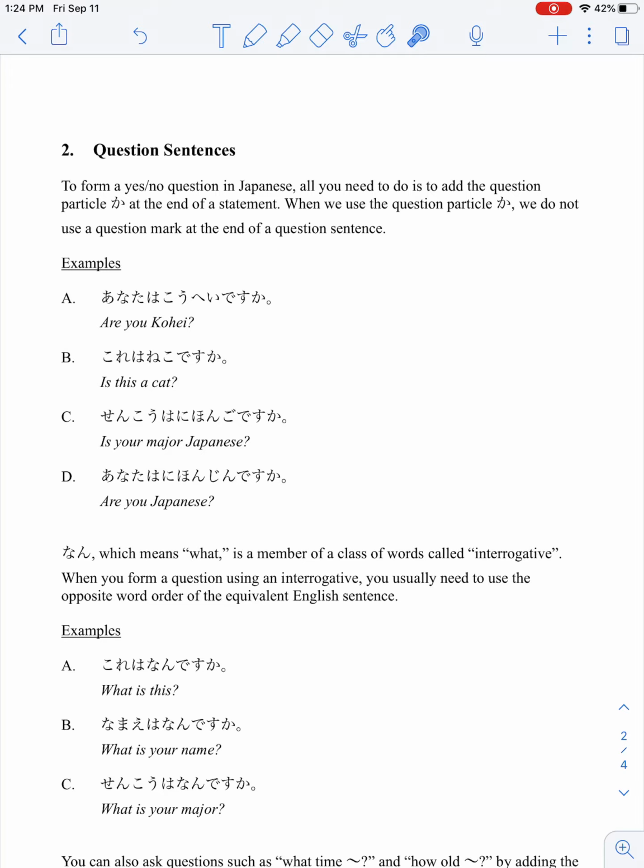So これは猫ですか？Is your major Japanese? 専攻は日本語ですか？Are you Japanese? あなたは日本人ですか？